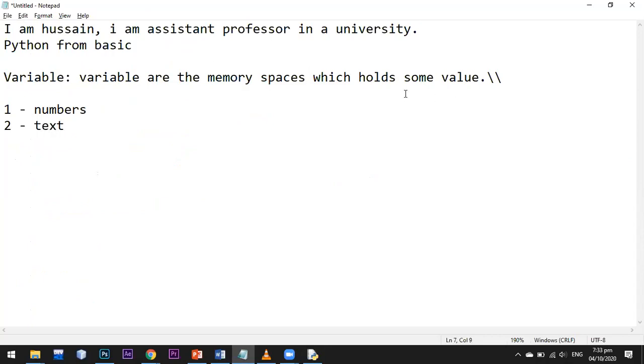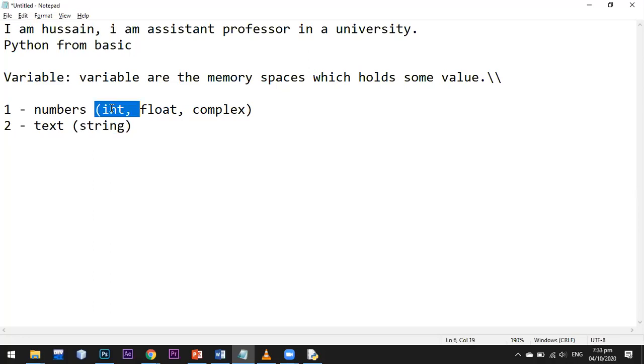Numbers have variable types: one is integer, another is float, and another is complex. And text has string, so we'll discuss strings in this. Normally we use these three data types: int, float, and strings.